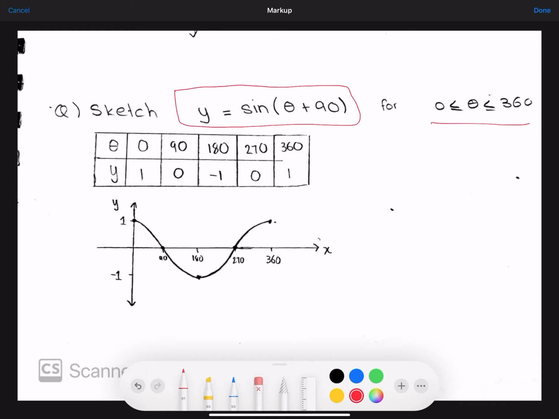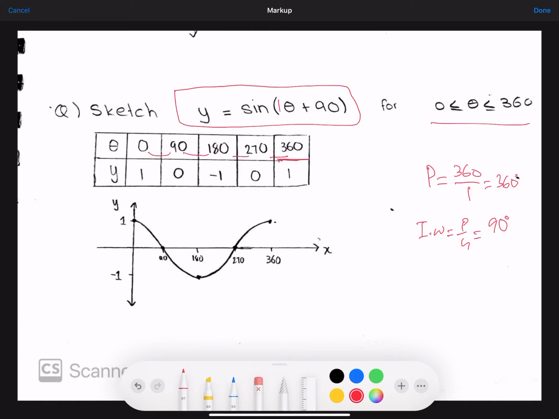Well, this is very simple. You just need to get the period. Since this is 1 theta, the period of this function is 360. And the interval widths are p upon 4. That means 360 upon 4 makes 90. So you just need to take values with the gap of 90. You can either use a calculator or do this mentally.